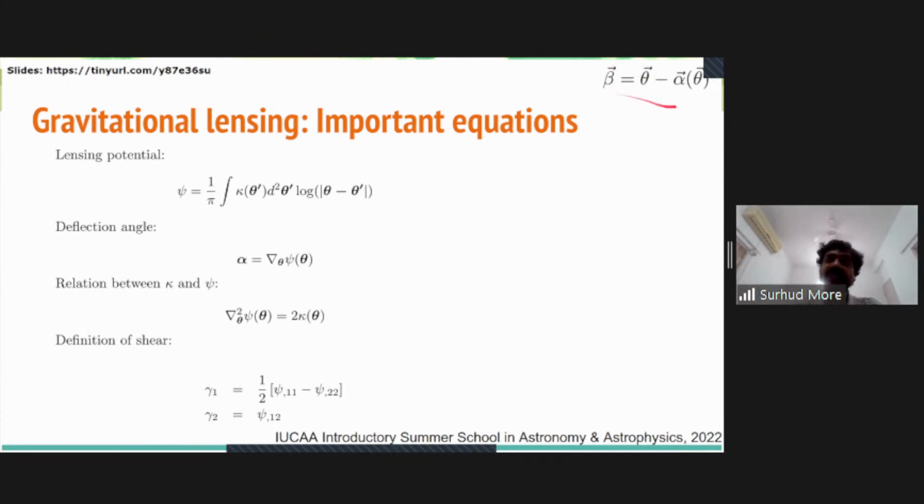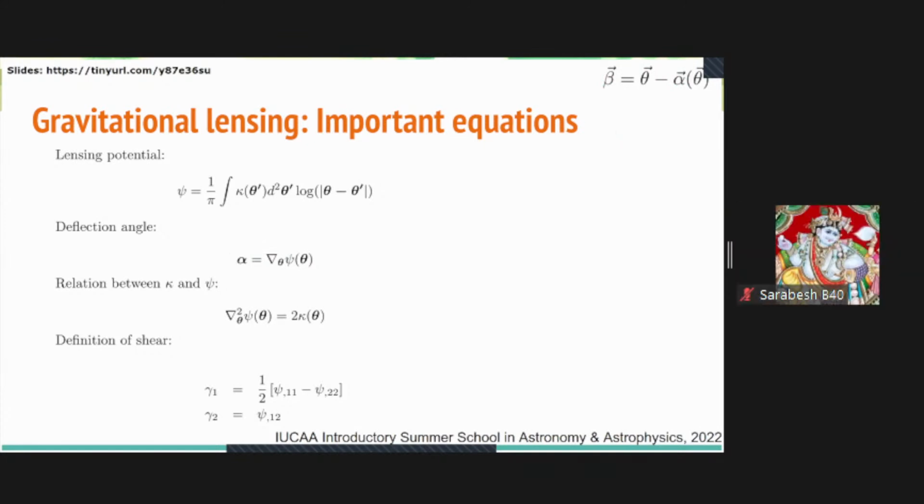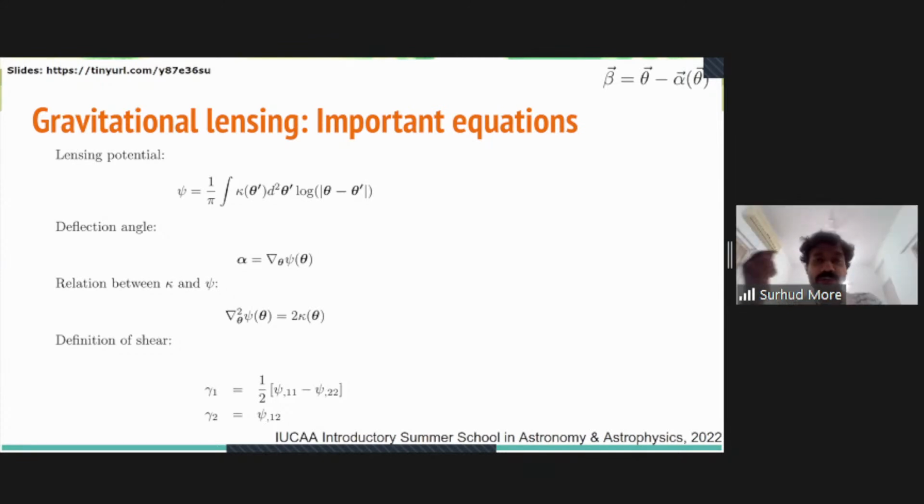Right? So beta is theta minus alpha of theta. This just represents the geometry of the lensing configuration. And once you know the alpha value, then given a source position beta, you can figure out where the image position should be. Okay? Then the next thing that we had also looked at is the definition of a quantity called the shear,